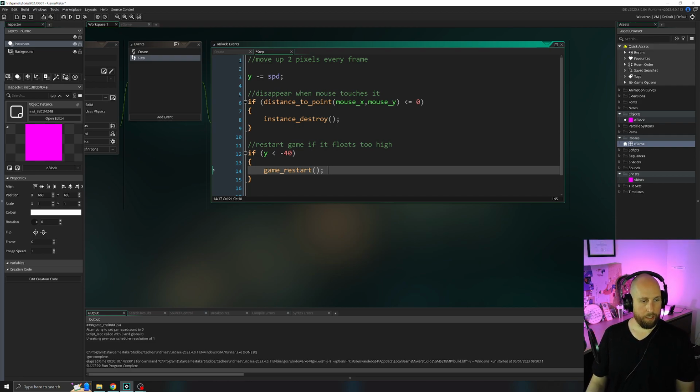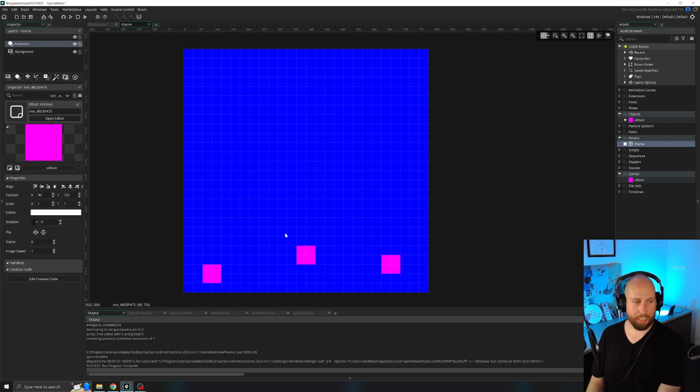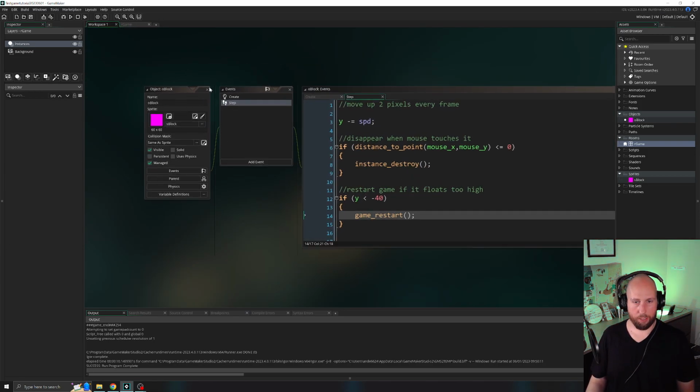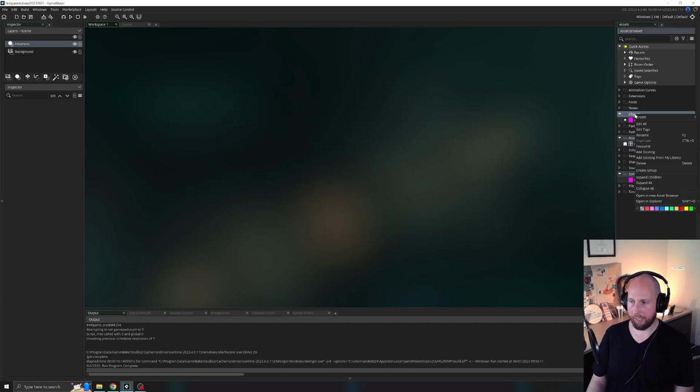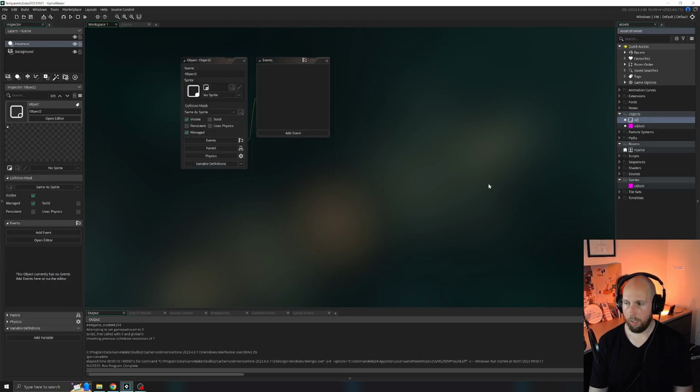And next, let's make the blocks so that they keep appearing, so it's not just those 3 blocks. First thing I'm going to do is go in here in the instances layer, click each object and hit the delete key on my keyboard to remove them. Back over here, I'm going to close out of this. I'm going to create a new object by right-clicking objects, going to create and then object, and naming it